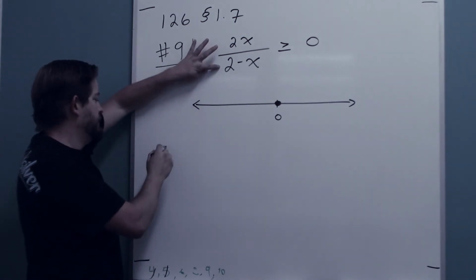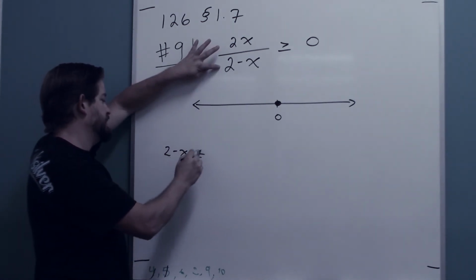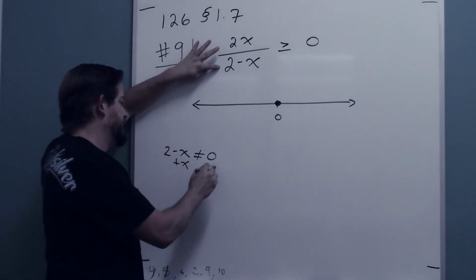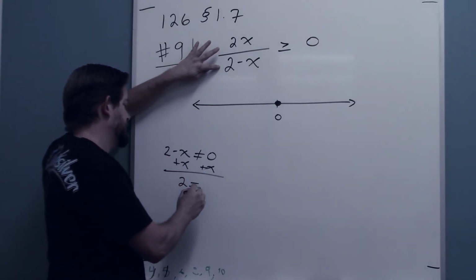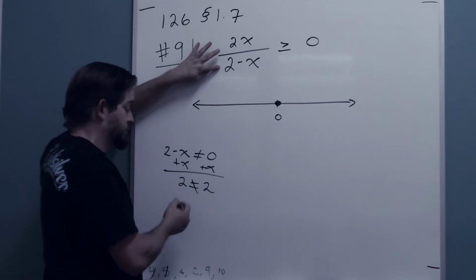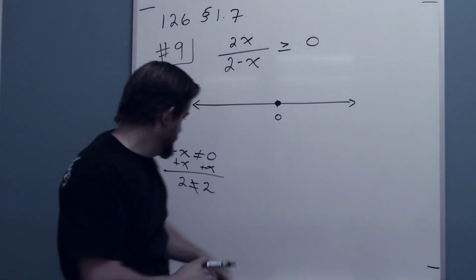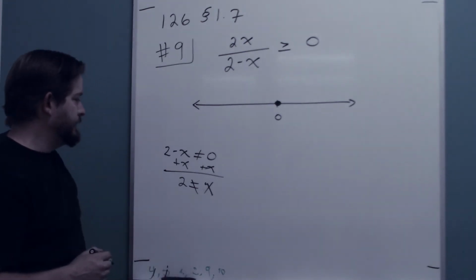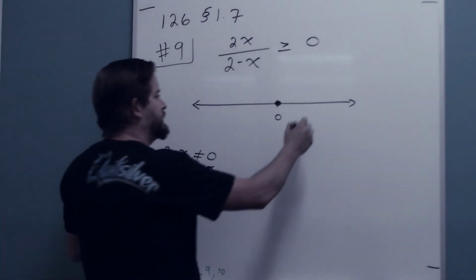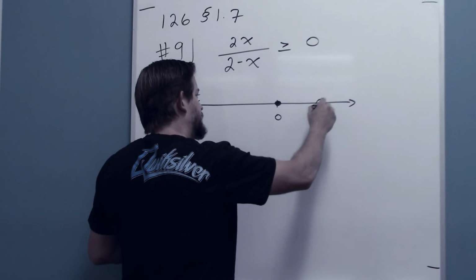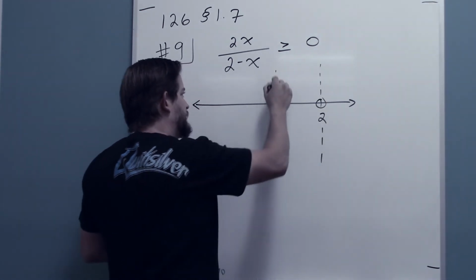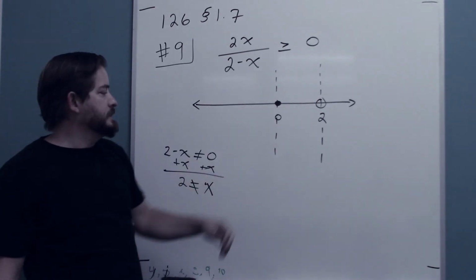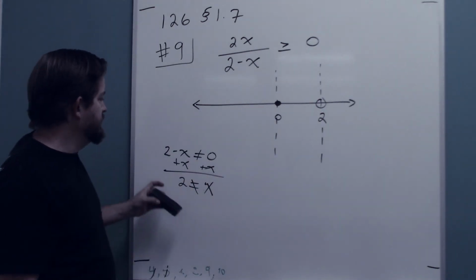For the denominator, 2 minus x can't be 0, right? If I add x to both sides, then x can't be 2. That's helpful. X can't be 2, right? And so at 2, I have an open circle, because it isn't actually a 0, and then I just have to test my values,